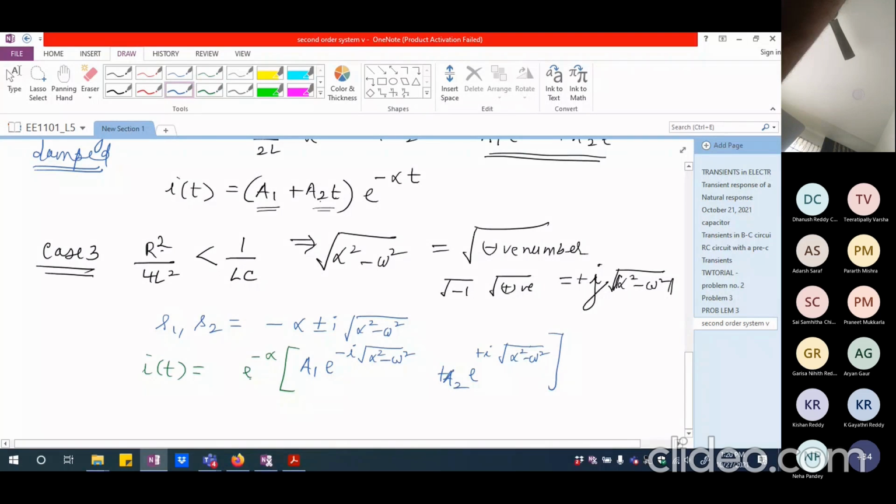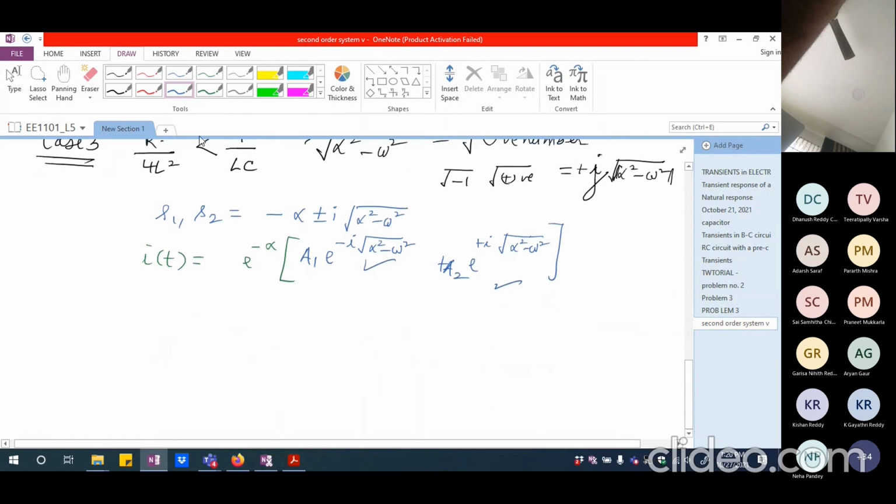So this has two portions. One is completely real and the other one is the imaginary portion. And this particular thing is expanded by Euler's formula. Euler's formula basically says that e power j theta is going to be cos theta plus j sin theta. So we are going to use this to expand this, which will give me